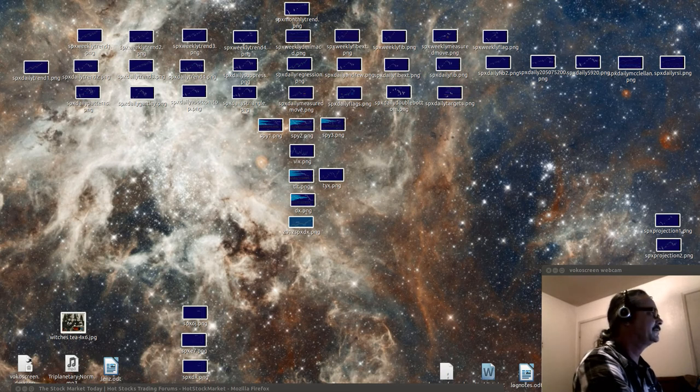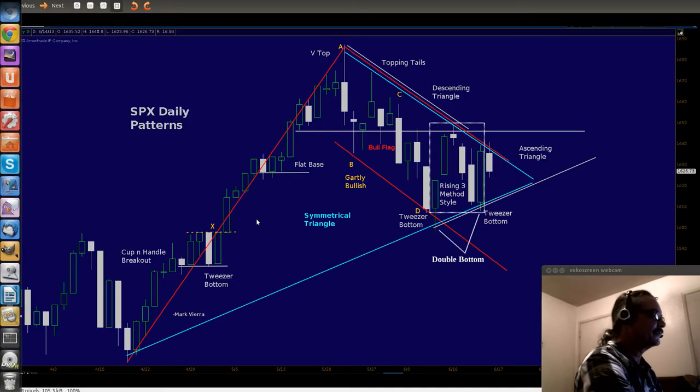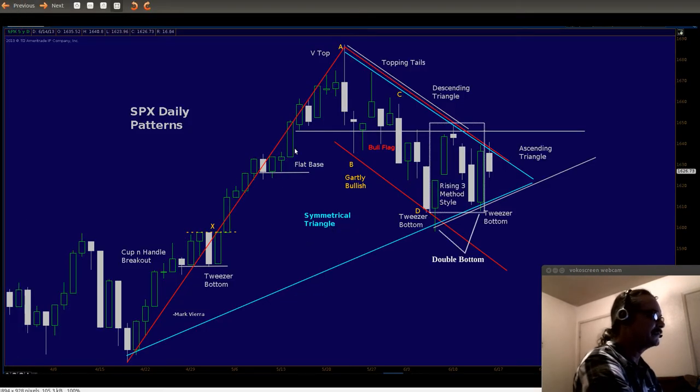And let's go and look at my pattern worksheet. And I make these notes in the Thinkorswim platform. And you can see there's a large bull flag. Get into some more of the bull flag later. This V-top with the topping tails. This all tells a story in here to me. And one of the main